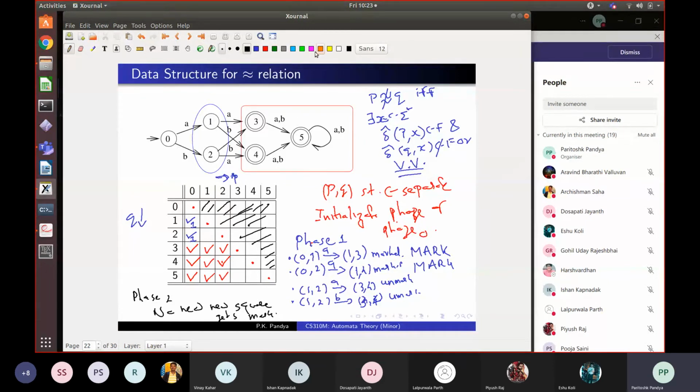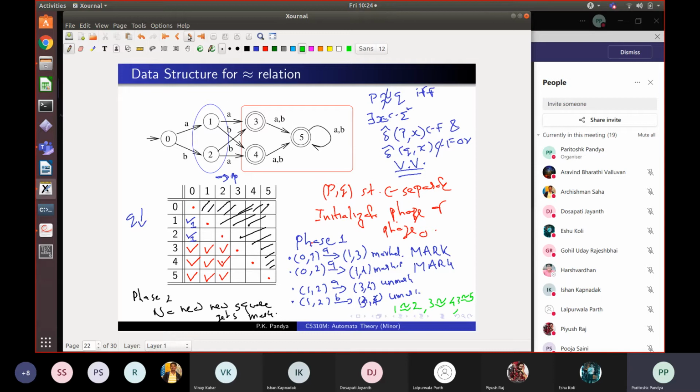So from this, what can I conclude? What I conclude, I will write as B. Square 1, 2 is unmarked. Therefore, 1 is equivalent to 2, and square 3, 4 is unmarked. So 3 is equivalent to 4, and 3, 5 is unmarked. So 3 is equivalent to 5. And this thing says 4 is equivalent to 5, which could have also come by transitivity. So I get all my equivalences which are true in the automaton by the unmarked squares at the end of the algorithm. So I hope you have got some sense of how to run this algorithm.